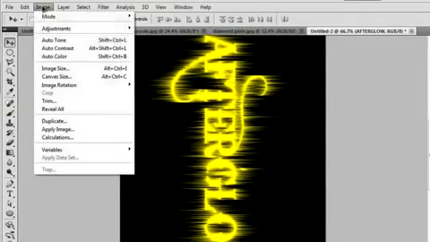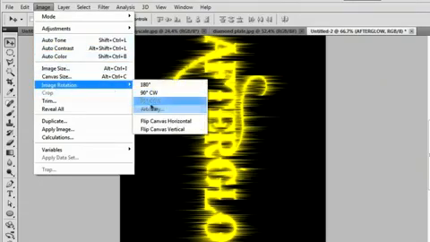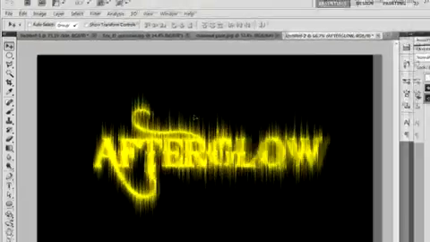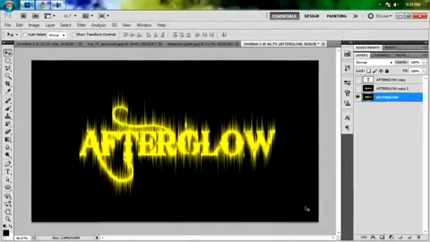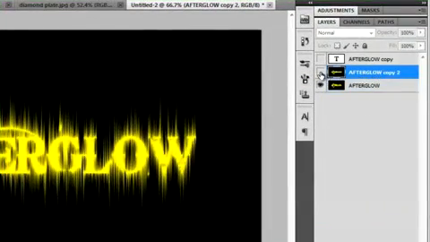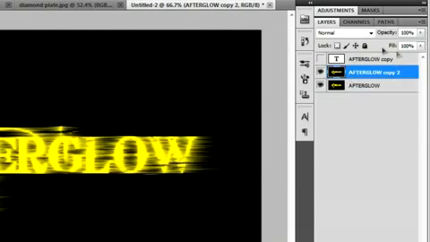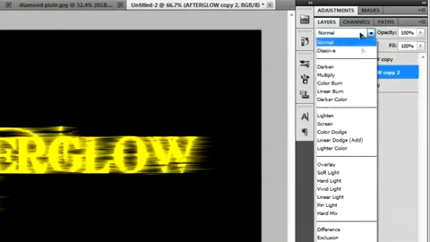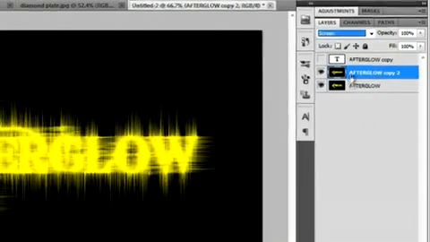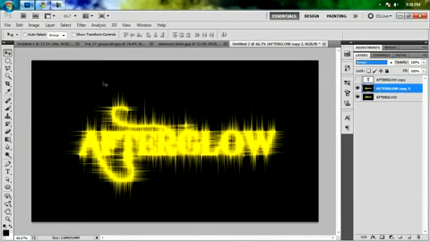So we're just going to go ahead and turn this back around by going to Image, Image Rotation, 90 degrees counterclockwise, and now everything should be right side up. And if you go to your Afterglow copy and turn it back on by clicking the eye right there, we're going to change the blend mode to screen. And that way all the blacks of this layer are going to show through and you'll be able to see